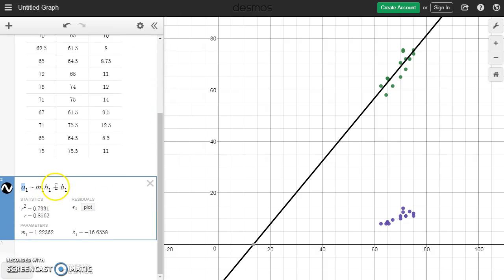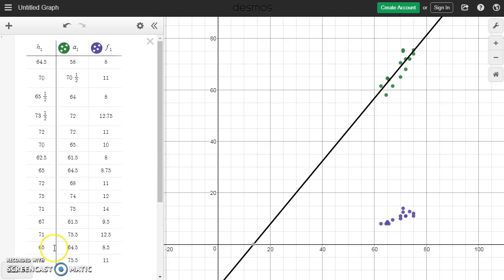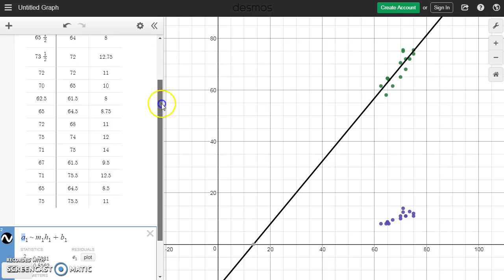And then I've just called this m1 and b1 so that I can create a second regression equation still using m and b and not have those different constants cross over with each other. Once we create that regression equation, we have our correlation coefficient and the values for m and b. So if we notice the strongest correlation between arm length and height, that would be the regression equation we wanted to complete. If we notice the strongest correlation between foot length and height,